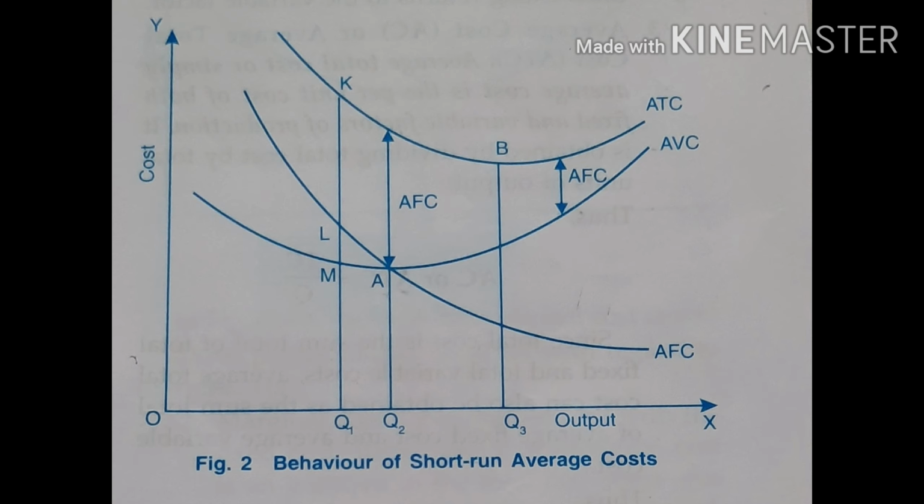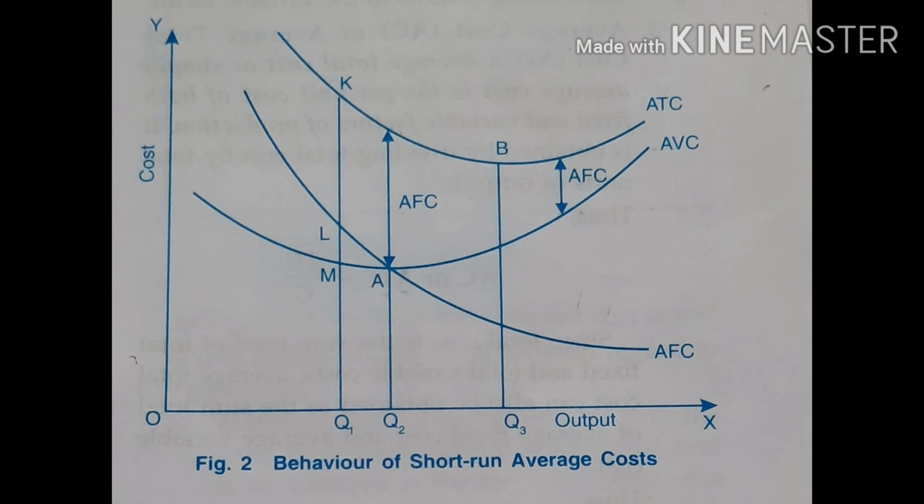This minimum point on AVC is at a lower level of output than that of AC. In the diagram, the minimum point of AVC is A and the minimum point of AC is B, and the level of output at the minimum point of AVC is Q2